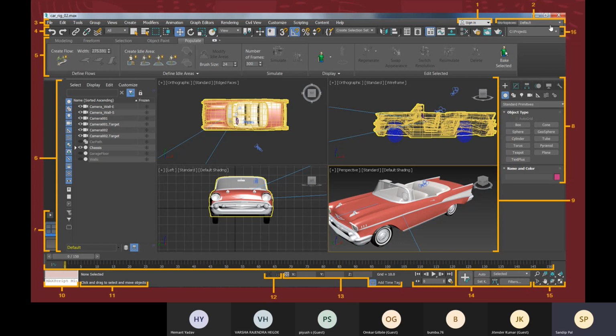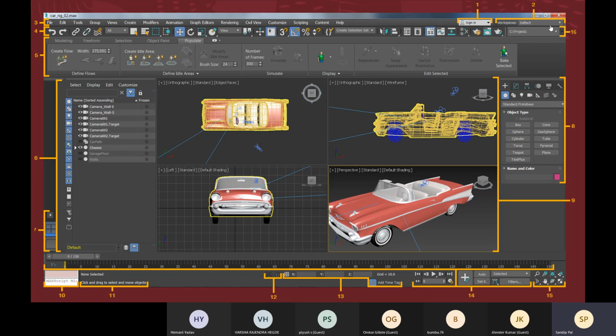Here also workspace has the same meaning. Workspace is your set of tools, ribbons, and panels according to your work purpose. All these tools and ribbons are placed in a particular manner according to your work purpose, so that you benefit from using that workspace.